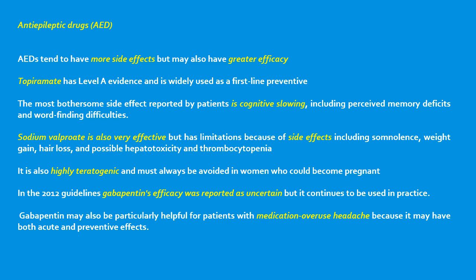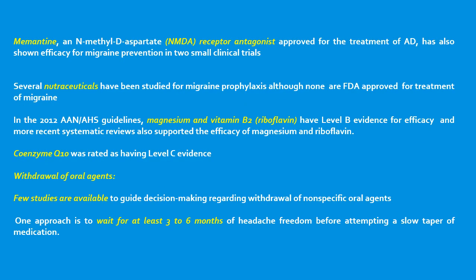In the 2012 guidelines, gabapentin's efficacy was reported as uncertain, but it continues to be used in practice. Gabapentin may also be particularly helpful for patients with medication overuse headache because it may have both acute and preventive effects. Memantine, an NMDA receptor antagonist approved for the treatment of Alzheimer's disease, has also shown efficacy for migraine prevention in 2 small clinical trials. Several nutraceuticals have been studied for migraine prophylaxis, although none are FDA approved for treatment of